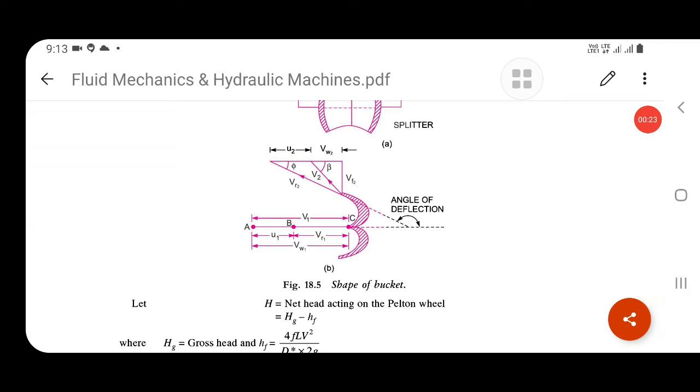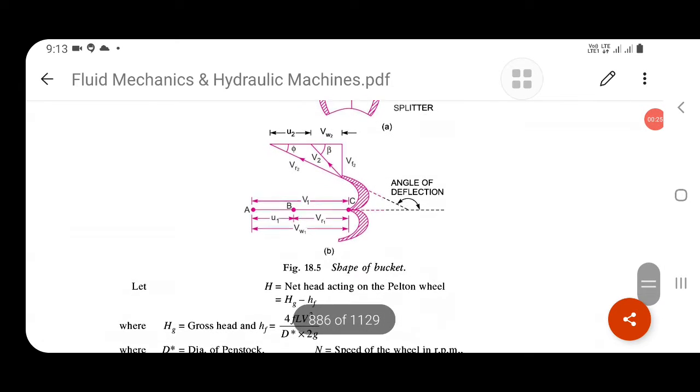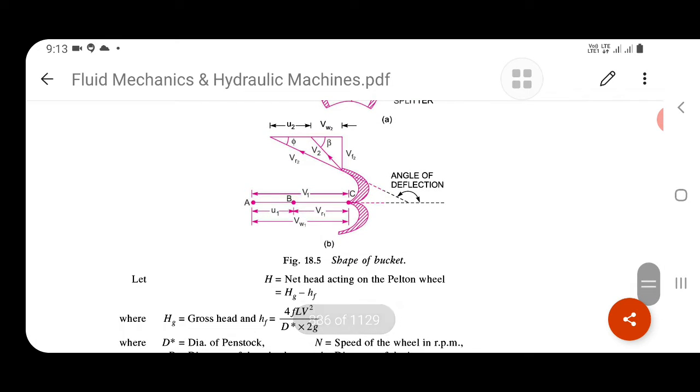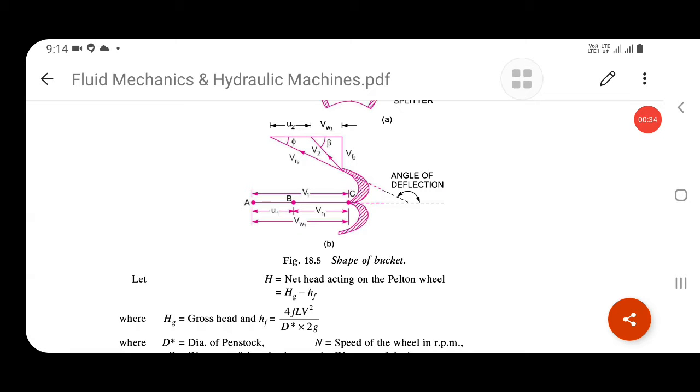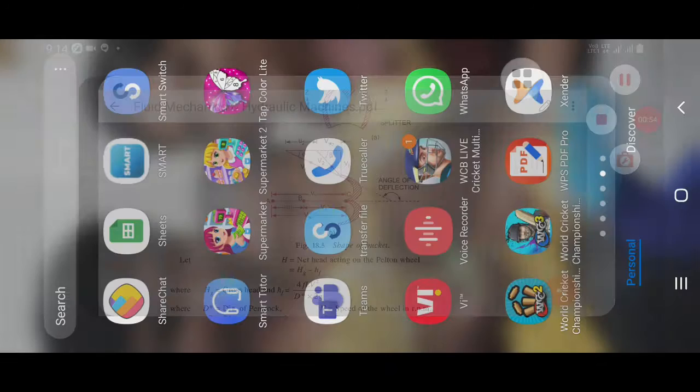So this is the required velocity diagram. The shape of the bucket is hemispherical. Hence, the inlet triangle has no diagram. So in this ABC, U1 and V1. U1 is the blade inlet velocity, V1 is the initial velocity. VR1 is a